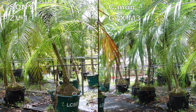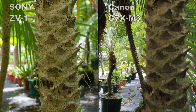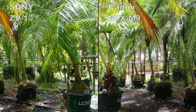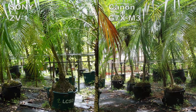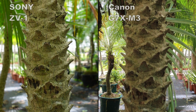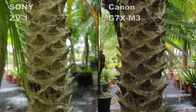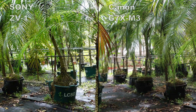I believe a cold shoe or hot shoe on the side of the camera would have been a much better solution. I hope they do release it with that kind of solution, a flip up screen and a cold shoe on the side of the camera, maybe in the next release, the next version of this camera. That's a hope. It will be then a perfect vlogging camera, because